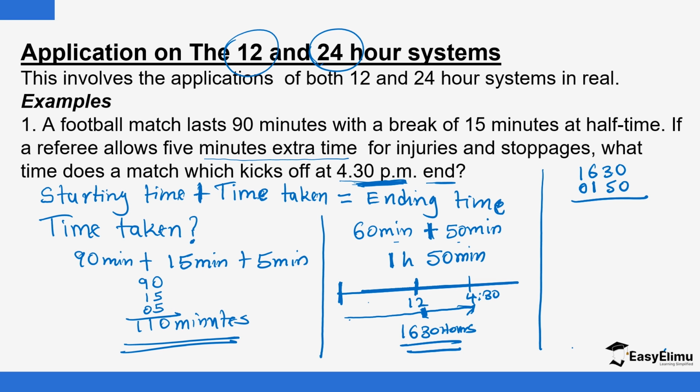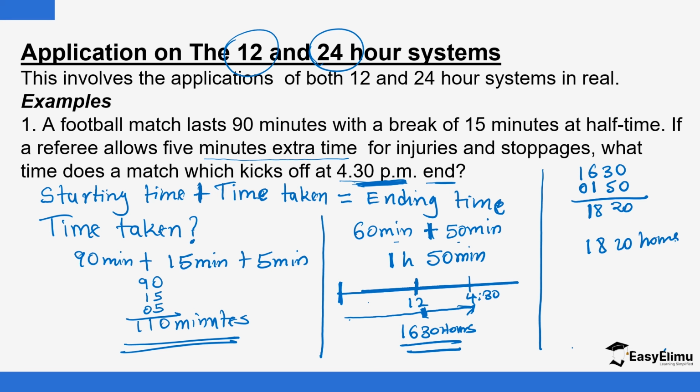Like now, for example, this one here, I know if I add 30 plus 50, this will be 80. So I will write only 20 minutes on this side. The 1 hour, which is equivalent to 60 minutes, the extra 60 minutes, I will carry them to the other side as an hour. Remember, 1 hour has 60 minutes in it. So the 60 minutes that I've carried over to the other side is equivalent to 1 hour. So 1 plus 6 is 7 plus 1 is 8. And of course, this is 1. So this is 18,